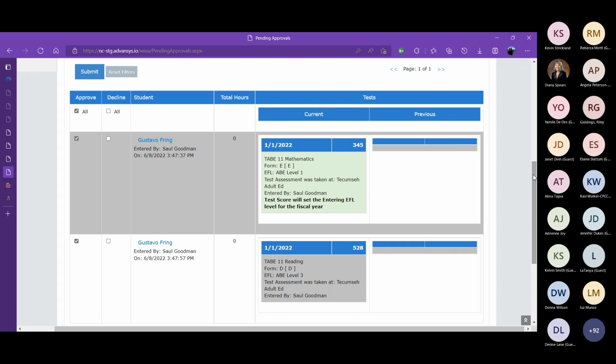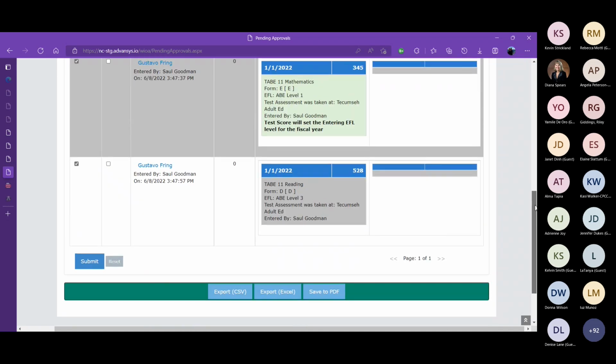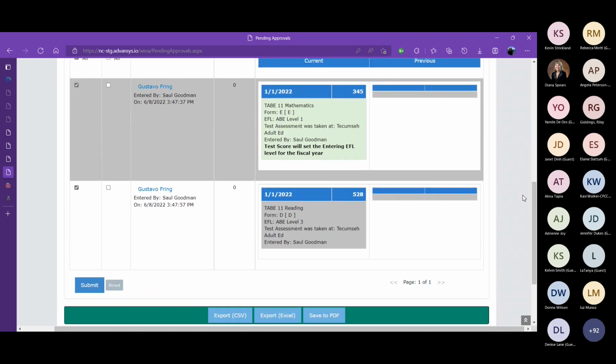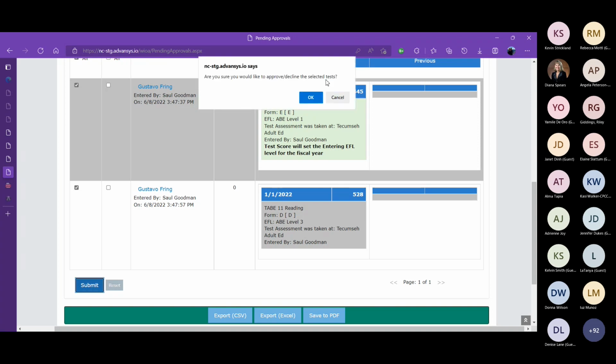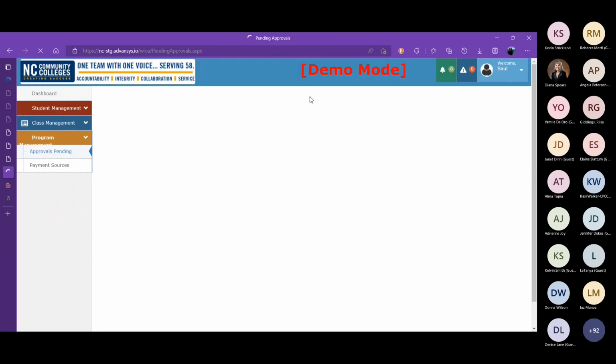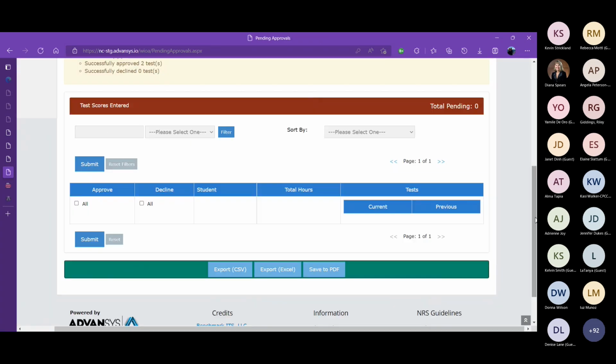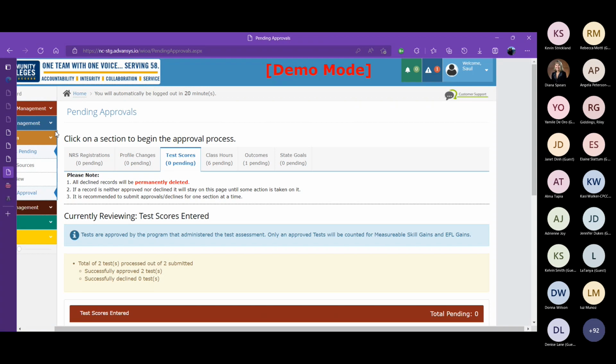When you go in to approve the assessments, just like on the student record, it will show in green the assessments that you have chosen that will set the entering EFL for the fiscal year. In this case, entering EFL will be ABE level 1. So I'm going to approve those. Once the data is approved, now when I go back and look at Mr. Fring's record,